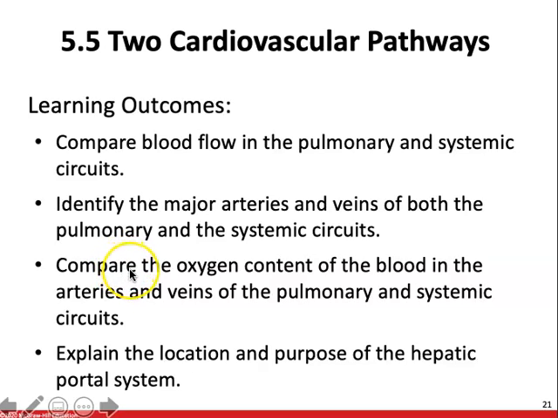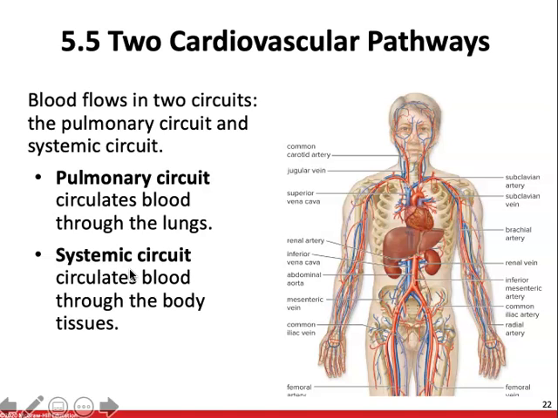All right, next up we're going to talk about the two different cardiovascular pathways. So, blood flows in two circuits, the pulmonary circuit and the systemic circuit. The pulmonary circuit is where the right atrium pumps deoxygenated blood into the right ventricle, which pumps it into the pulmonary trunk. The pulmonary trunk is then going to split into the right and left pulmonary arteries, which go to